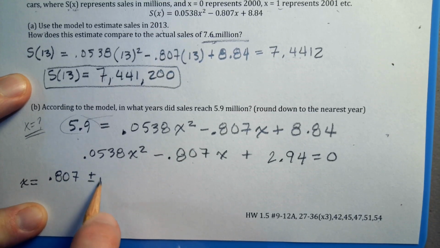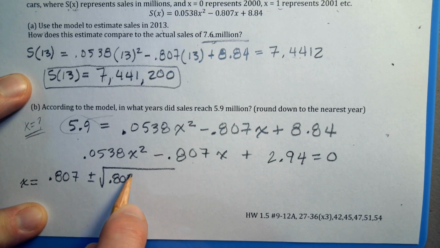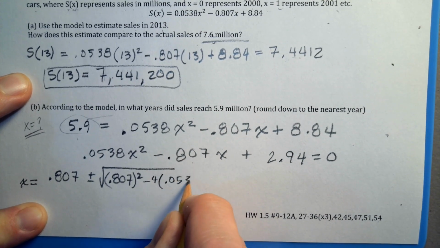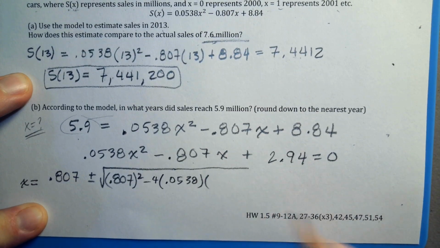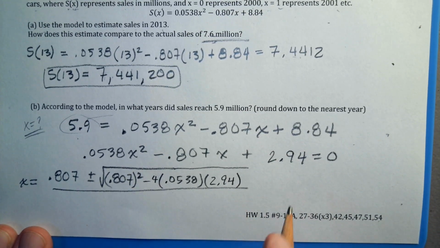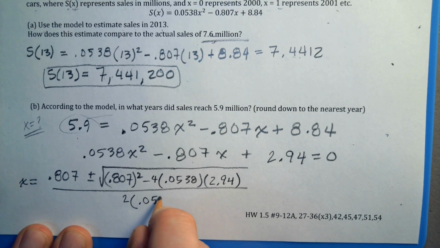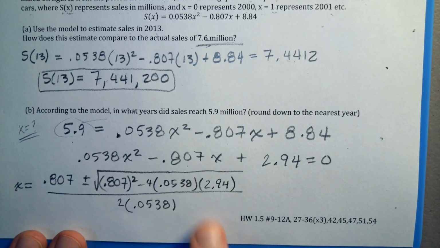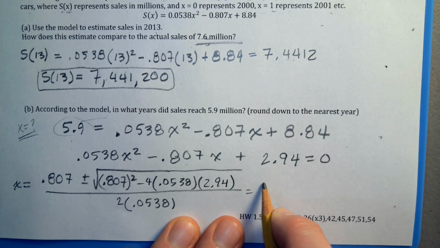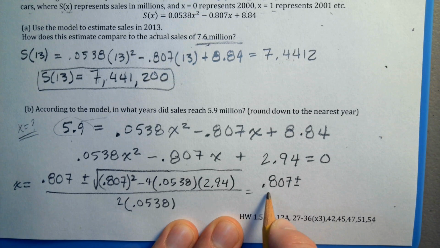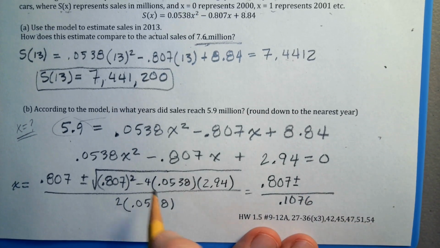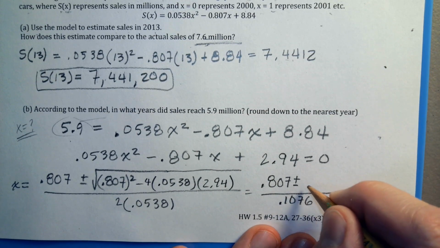0.807 plus or minus the square root of 0.807, put that in parentheses, squared, minus 4 times 0.0538 times our C, 2.94, and then all of that is over 2 times 0.0538. All right, so probably just take all of that, put it in your calculator, and take the square root of that. So that's 0.807 plus or minus, and then on the bottom we have 0.1076. All right, so the radicand, take the square root of all that. I get